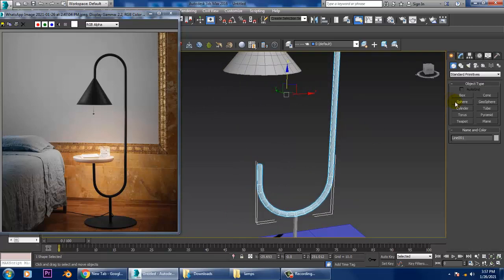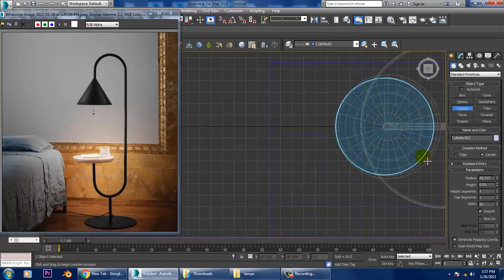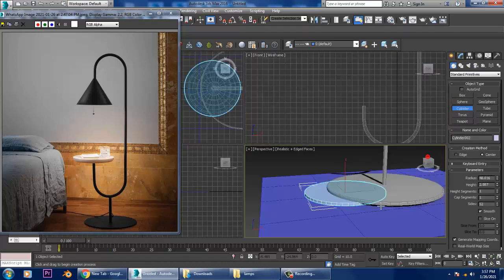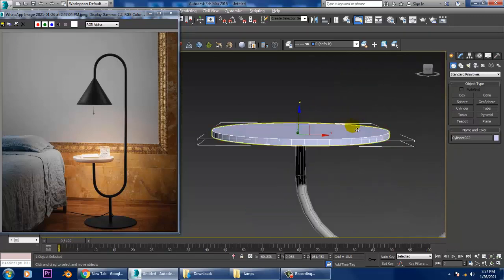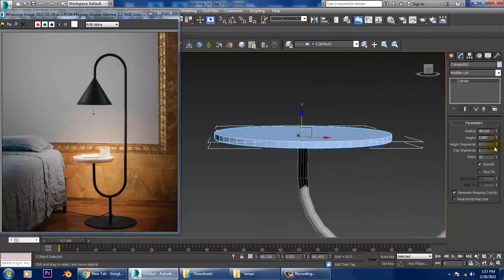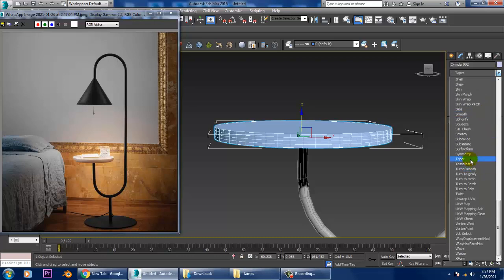Let's again go over here and take a cylinder, increase its height and give a bit of taper modifier.